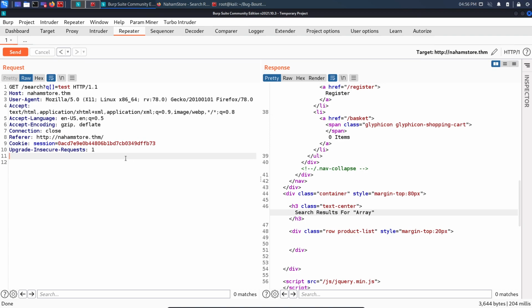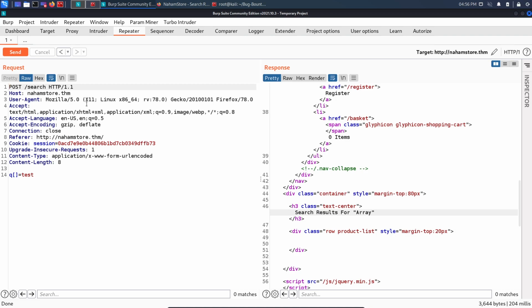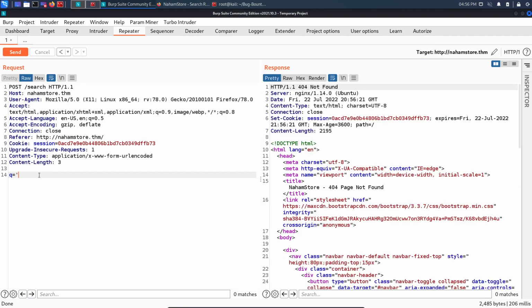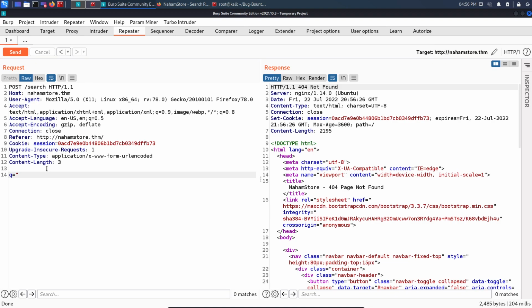Now the other thing which I forgot was that I can change the request method to POST right here as well. So change request method. Now the request method has been set to POST, and now I will test for single quotation as well. So q is equal to single quotation, hit send, and it says 404 not found. Then if I do double quotation, 404 not found, and again the same methodology, single quotation, round bracket, send, nothing, single quotation, sleep function of 5,